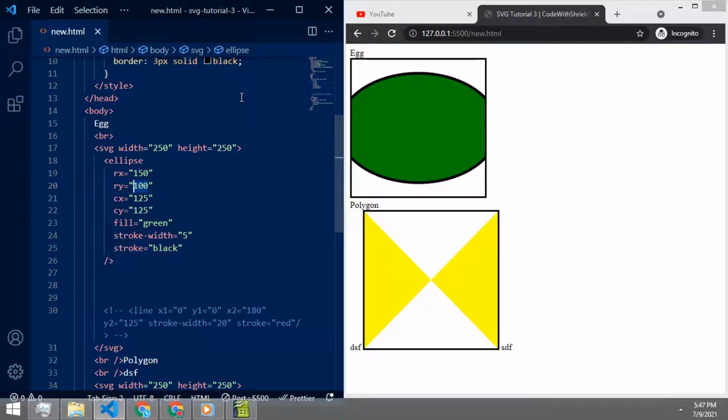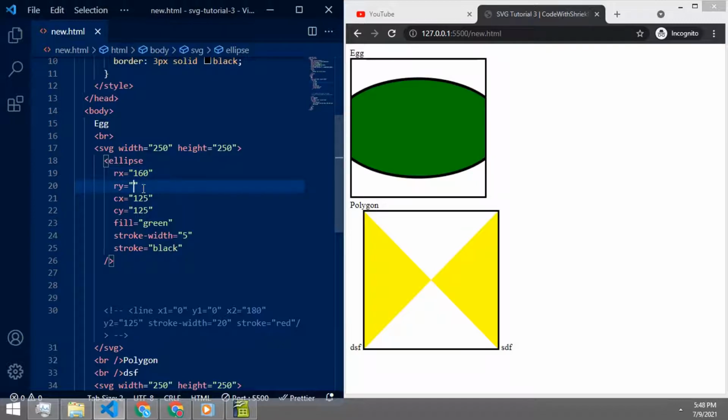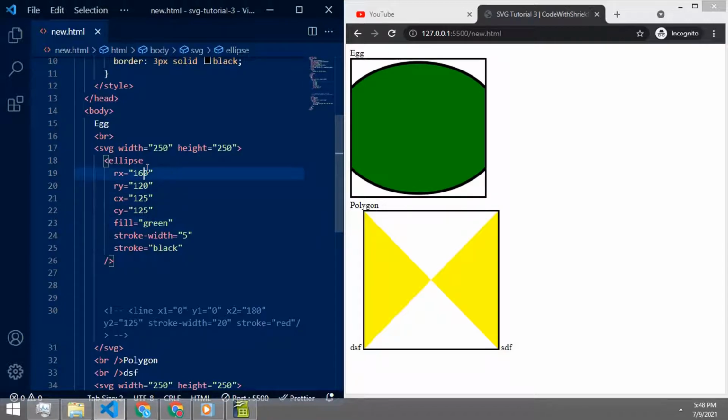Let's create an egg. So how to create an egg? An egg is a structure which is similar to a 16 by 9 ratio of the radius of our circle, but we are gonna talk about 4 by 3. Okay, so let's try to change.